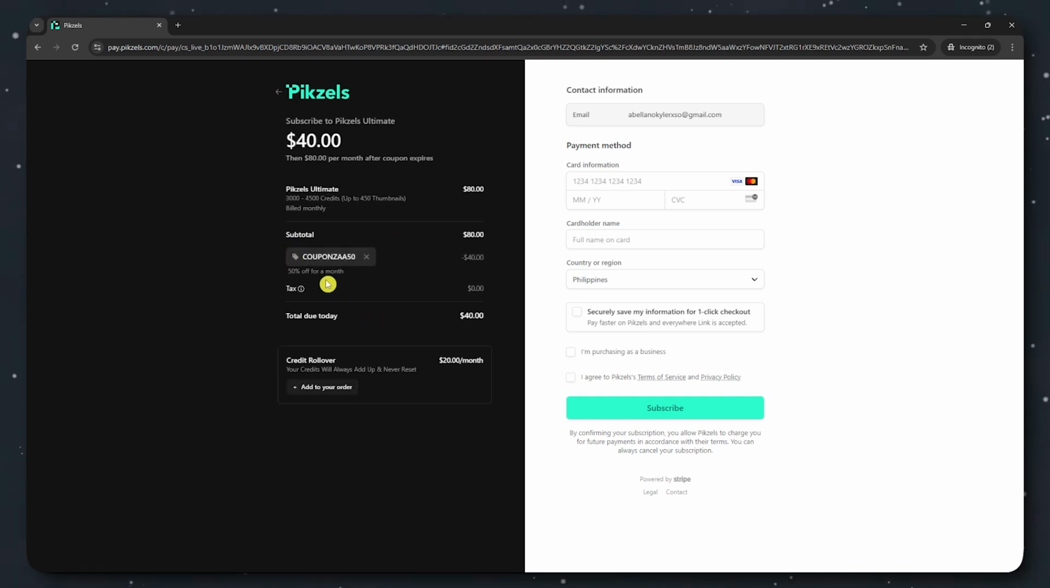And then as you can see right here, it says 50% off for a month. So as you can see, the total is now $40 only. Now that's it. All you have to do now is provide your payment information and click here on subscribe once you're done, and then your payment will now be processed, and then you will now have the ultimate plan for